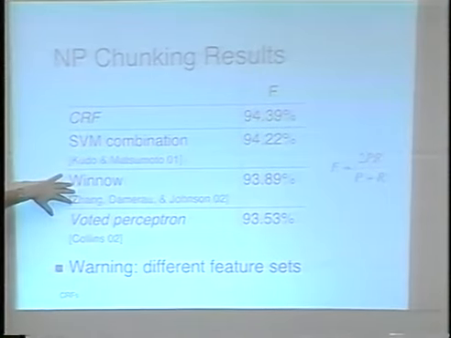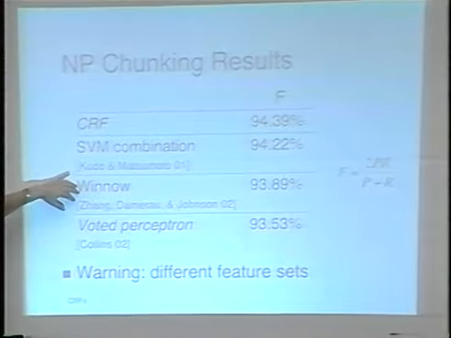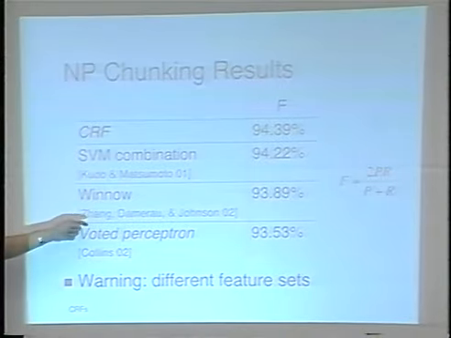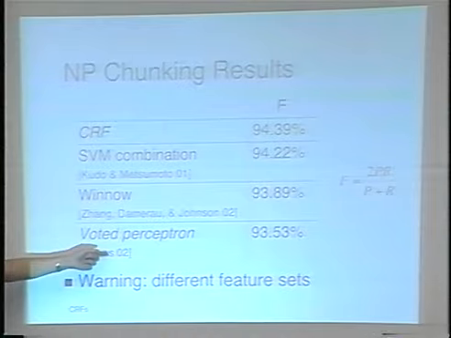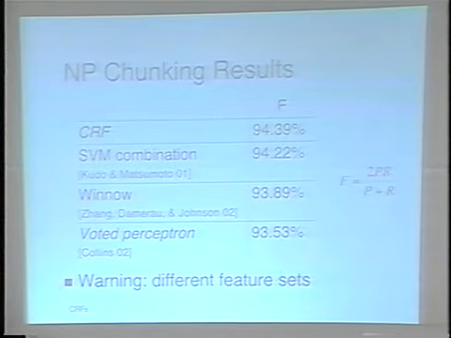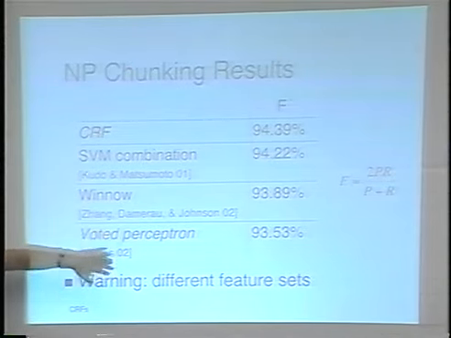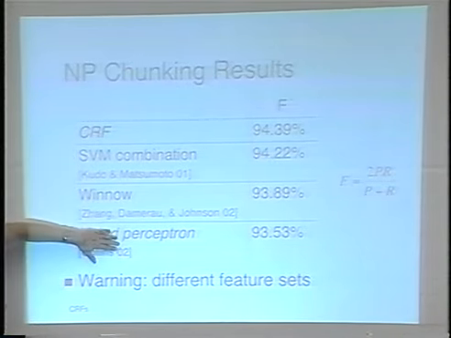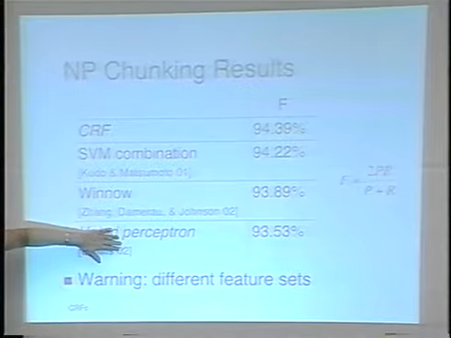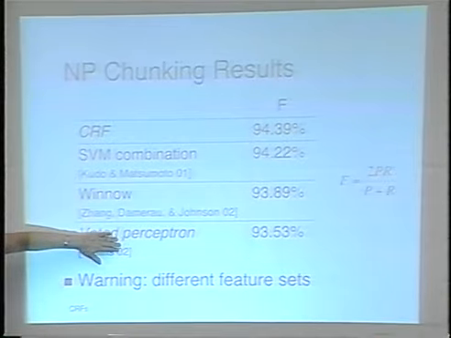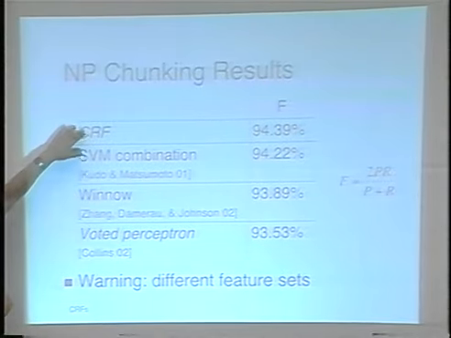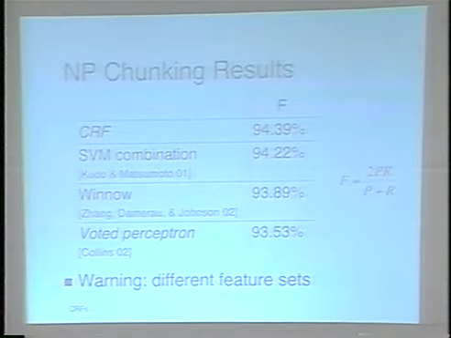This is using a version of Winnow. It's a local classification method from the IBM guys. And this is Michael Collins' recent work on the voted perceptron. Now, not all of these use exactly the same features, for various reasons. So one thing I want to do is to use exactly the same features, which I should be able to do once my student comes back from vacation, and see whether there's any advantage in training.